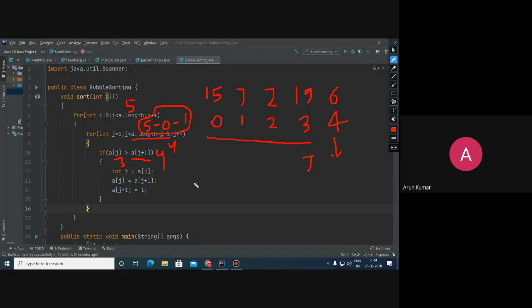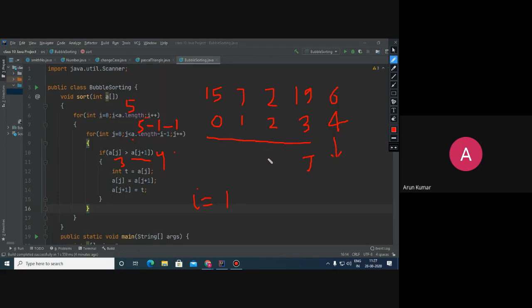Now see phase number 2, when the value of i is 1. What happens in phase number 2? It is 5, and 5 minus 1 minus 1 is 3. The loop will go up to 2 because it is less than 3.